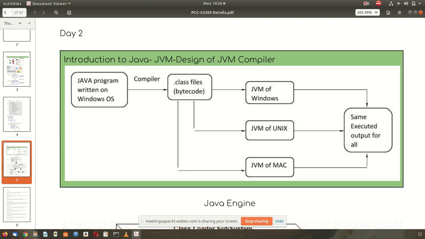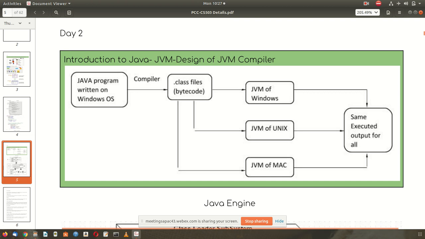Now in our operating system lab and data structure lab, you have done your programs in the Linux lab. If some of you have copied your program, the object file, not your source file, not the .c file, but the object file, of the Unix and run it in Windows, it will not run. Similarly, a program written in Windows, if you run it in Unix, it will not run. That is the problem of C and C++.